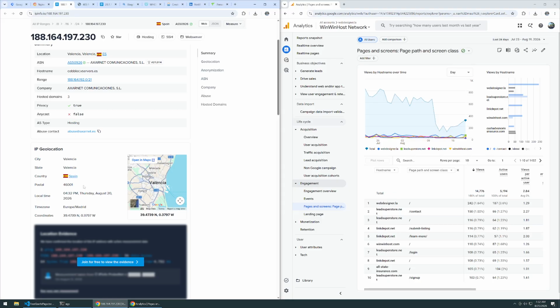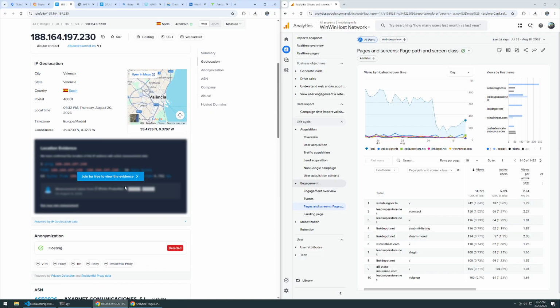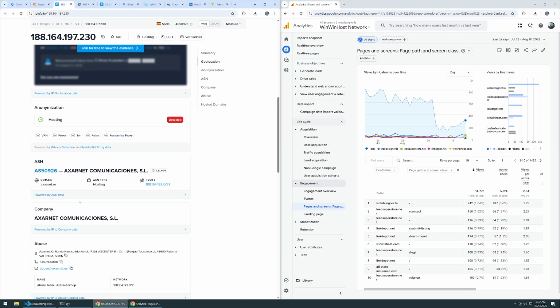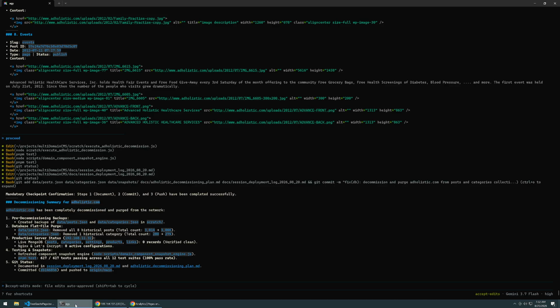I can go ahead and report the person to the abuse email here. That's all automated because I have access to my emails, so the agent can actually do that now.